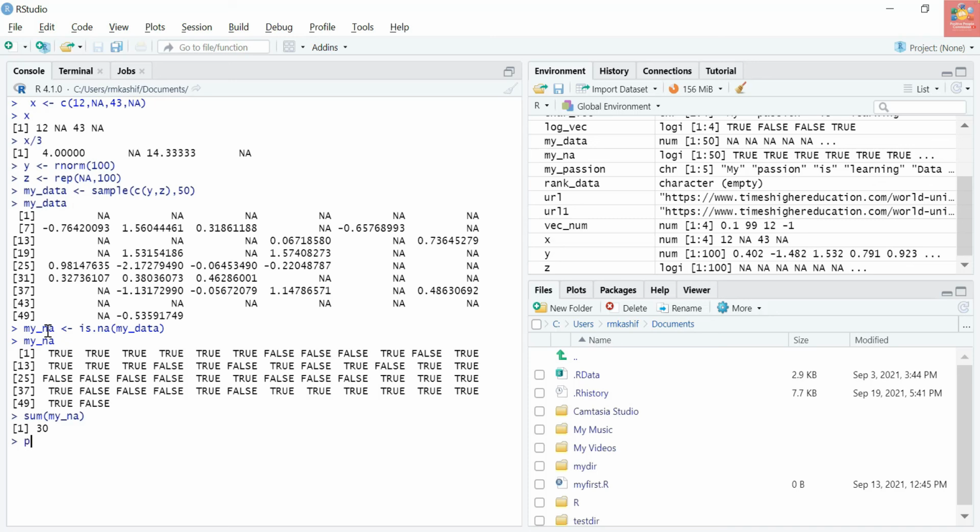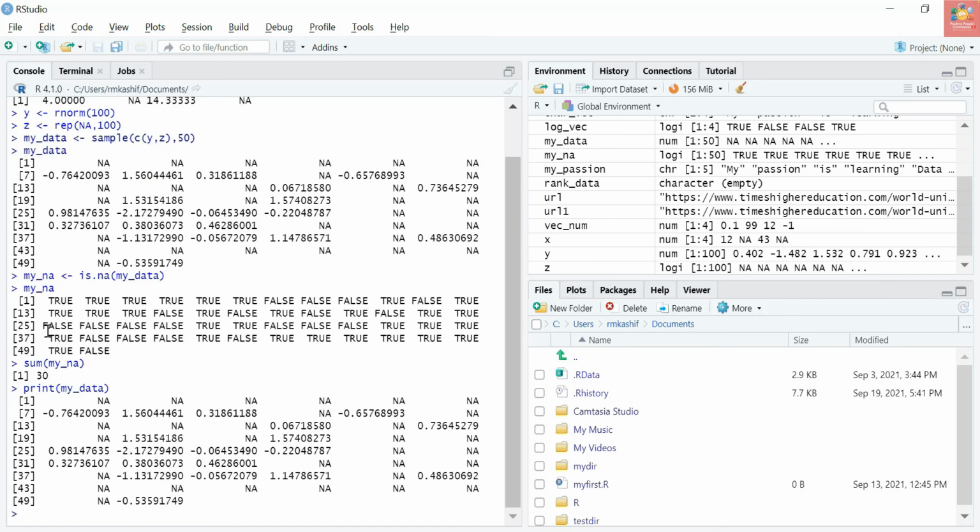So if I print my_data to have a look at our data to convince ourselves that everything adds up, you can check from this that there are 30 NAs in my_data.